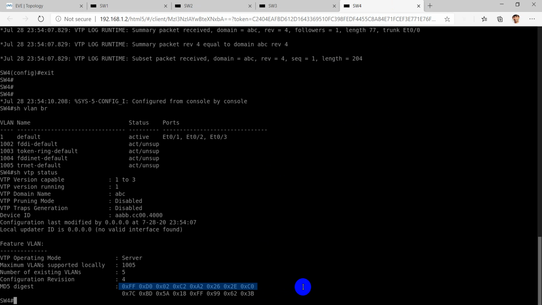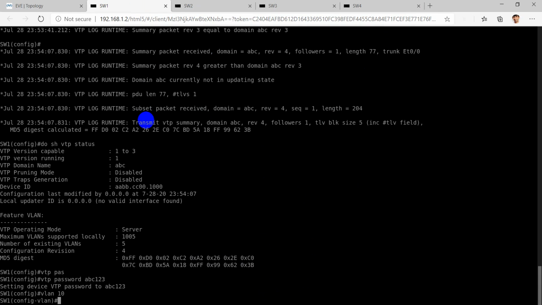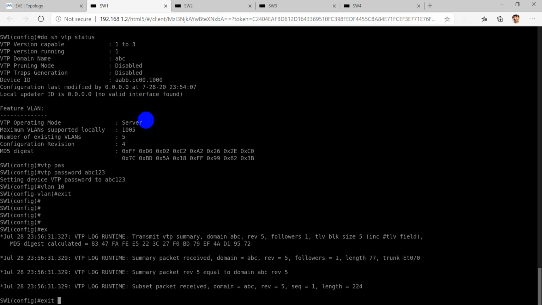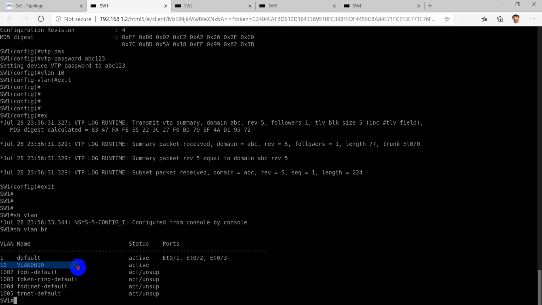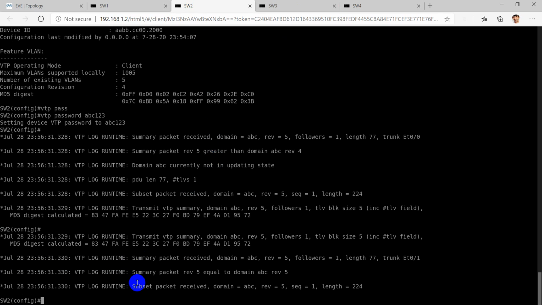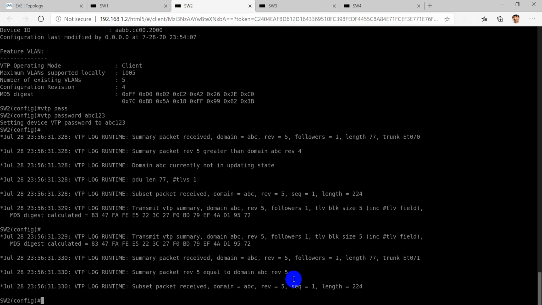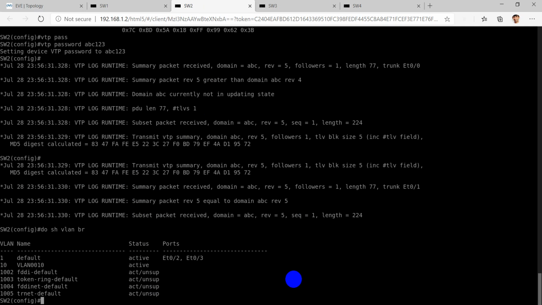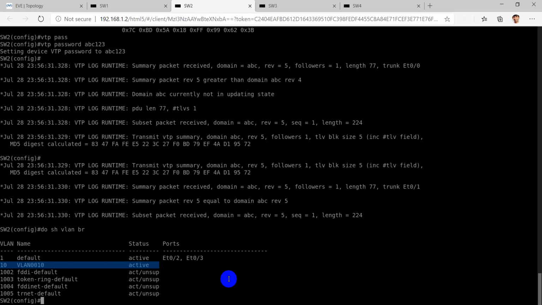Now on switch 4, we create a VLAN 10 here. Now VLAN 10 is created here. Now this information is propagated to switch 2 and switch 3 only. This won't be propagated to switch 4. So on switch 2, it has VLAN 10 on it and it must have the CR number as 5.